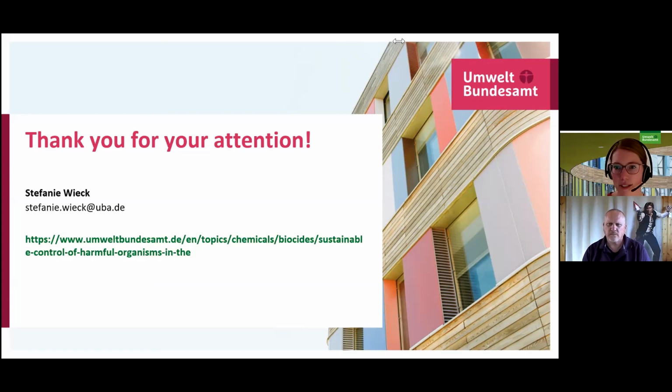As I said in the introduction, biocidal active substances are designed to harm. So if we don't find a substance that is directly degraded after excretion, for example, we might always find negative side effects of those chemicals, which is why we, of course, think that non-chemical alternatives are very important. But still, there are some cases where you need chemical biocides. And yes, we're trying to find the ones that harm the environment the least.